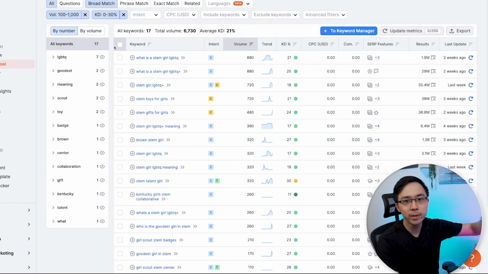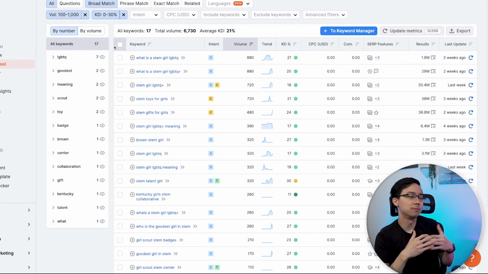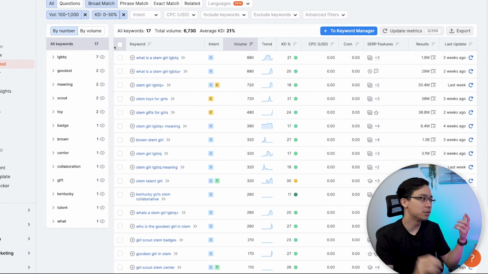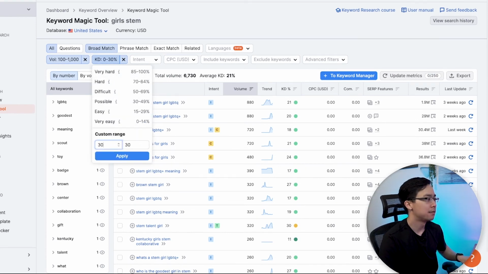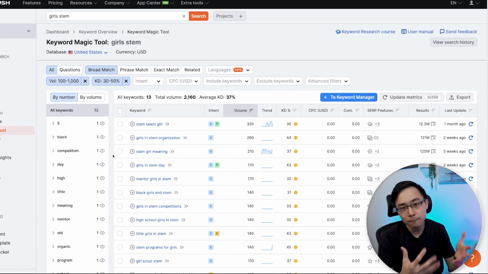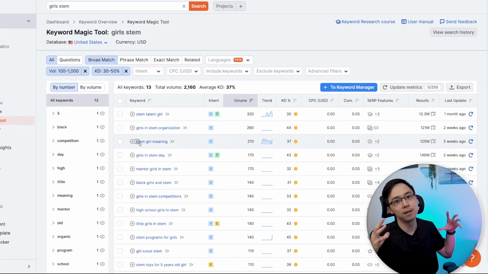So assuming that I've gone ahead and created a backlog of content ideas in terms of potentially answering questions, as well as potentially answering how-to guides or resources that might be useful for folks, what I can do next is I can expand out my search to 30 to 50 or so, which is going to show a little bit more difficult keywords to rank for, but to potentially expand out the breadth of my scope.